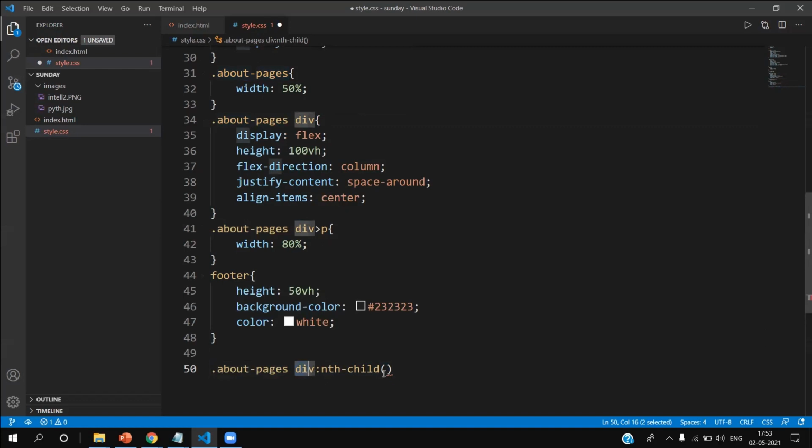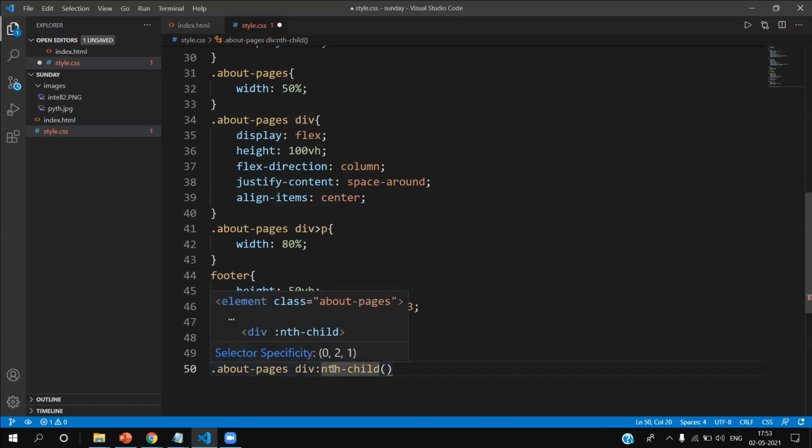Nth child means if you give 1, the first div will get selected. If I give 2, the second div will get selected. So by this you can do it easily. Or else you can give each div a class name, but then you have to write a lot of code. That's why I've made it this way.